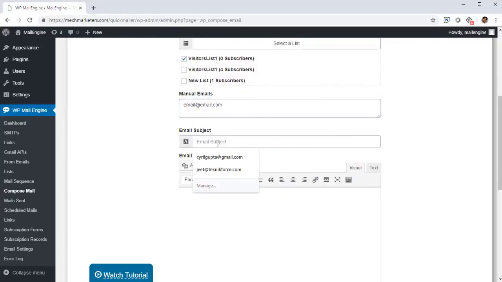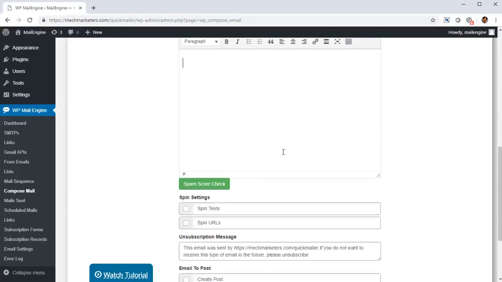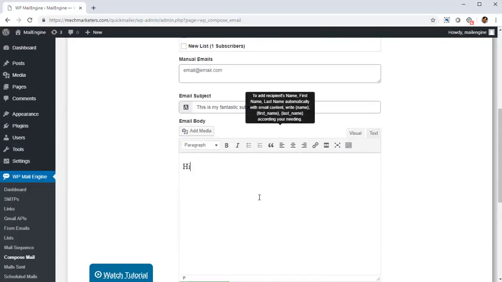Next is the subject line. Type in the subject line. This is my fantastic subject line, whatever you want to type. And then you've got the visual mail composer. You can type out anything you want. You can use basic font styling. I'm a bold text,